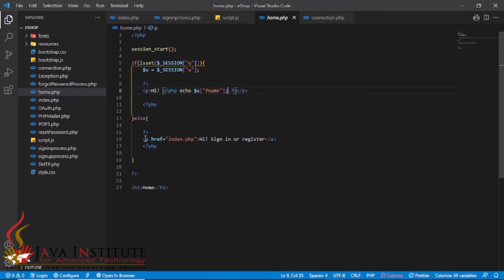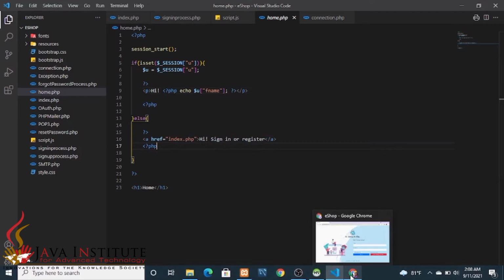Then here I have given that if there is no session available when a user accesses this home page, then that user is directed again to this index page. So let's try it again.